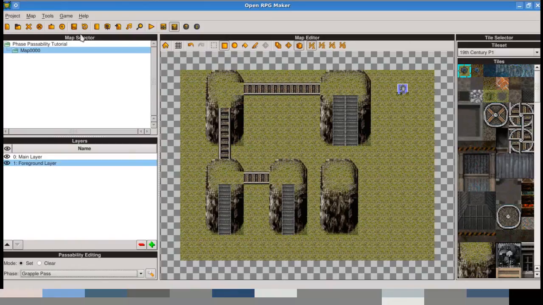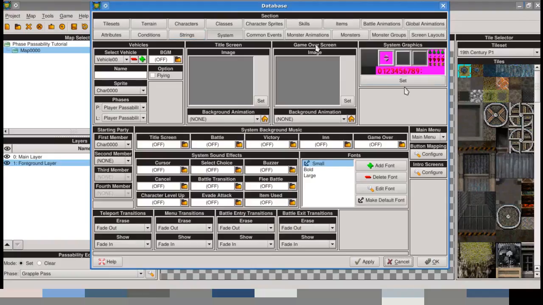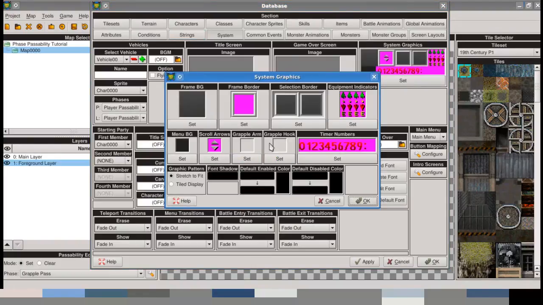And so the way the grapple hook will work is, first, in the system graphics, you will set a grapple arm and a grapple hook. I don't actually have the graphics for them just yet, but the idea is they are each one tile in size vertically, and they can be however many tiles wide, because each additional tile is just an animation for it. So when the player extends the grapple hook, the grapple arm itself will be simply tiled across to however far out it needs to go, and then the grapple hook will just be an animated object that moves across the map until it reaches its maximum distance or until it reaches an